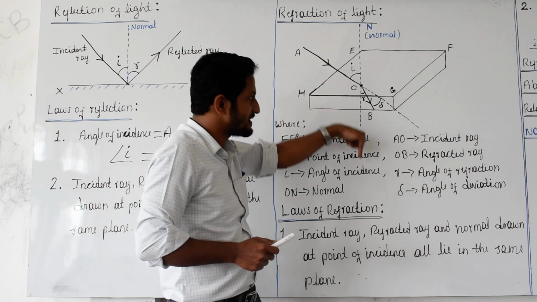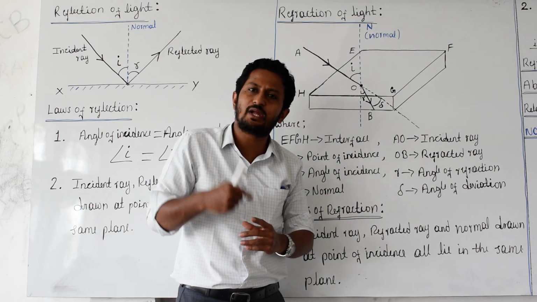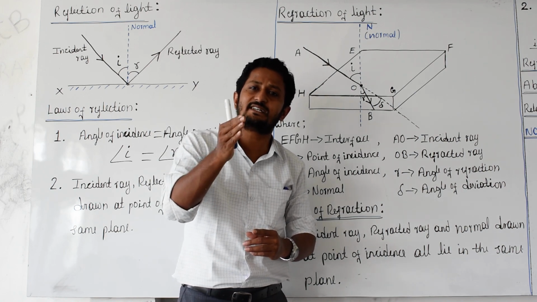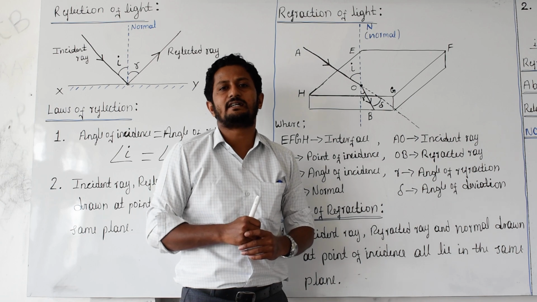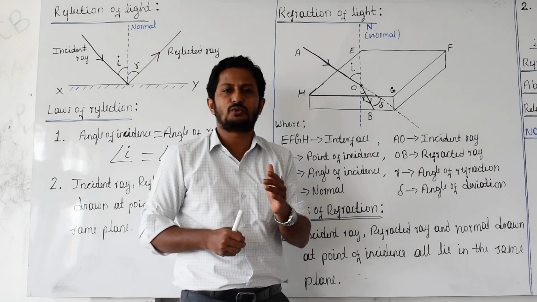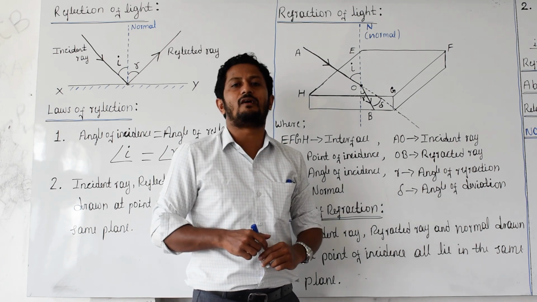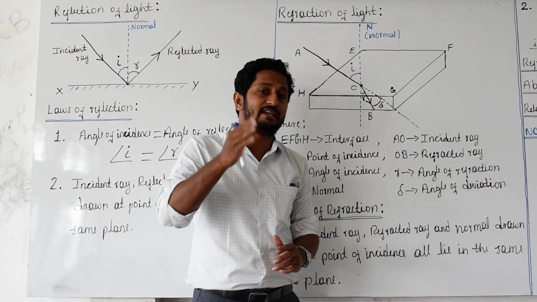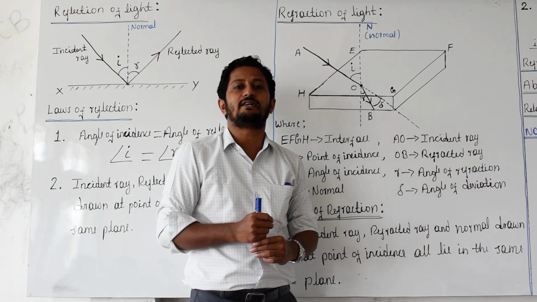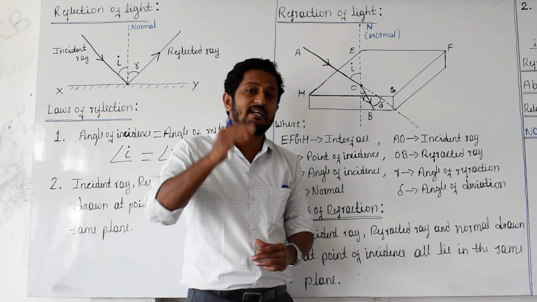It moves straight only and does not bend. It bends only when it is incident obliquely. That's why, while defining, we must say the word oblique. The phenomenon of bending of a light ray when it is incident obliquely on any transparent